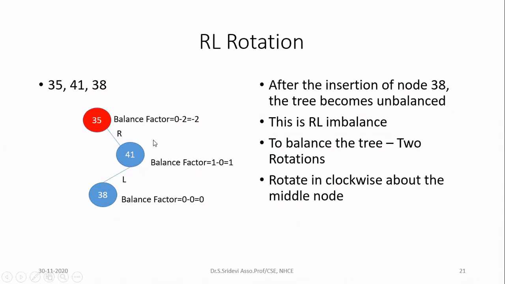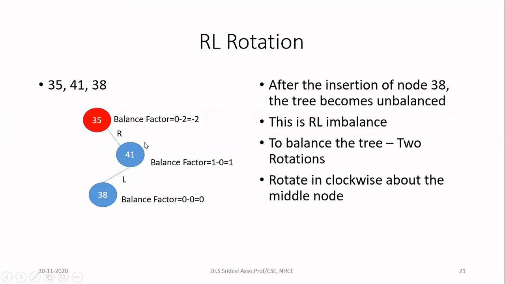So how are we going to perform the rotation? The first time you are going to rotate in the clockwise direction about the middle node. Why it is clockwise is, see, I'm giving you a simple method to understand. It is not a hard rule actually. The letters are RL. R stands for right, the clockwise direction. If the letters are different, you perform the first rotation in the same direction as your first letter. So since it is R, I am going to rotate in the clockwise direction, but now about the middle node. Out of the three nodes, you consider the middle node and rotate about that node.